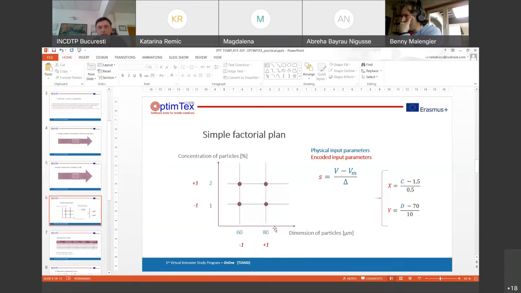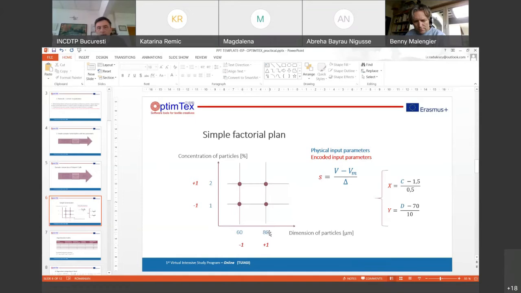And in order to be able to make the interconnections between these two parameters, we have to encode these parameters. What does this mean? We have to have an upper value, which is +1, and the lower value, which is